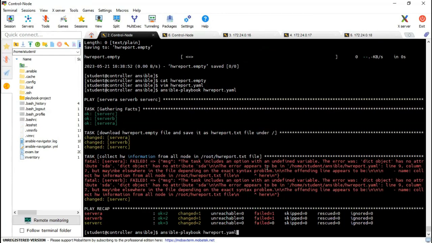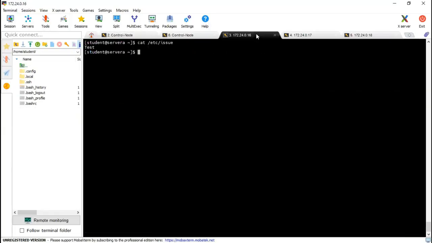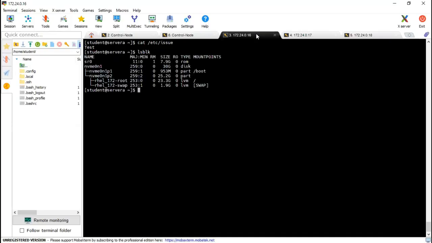Some problem is there. Undefined variable, what is it? Server A, task, undefined variable, dictionary object, SDA. SDA, is it? Oh, yes. Not SDA, lsblk. We have NVMe.